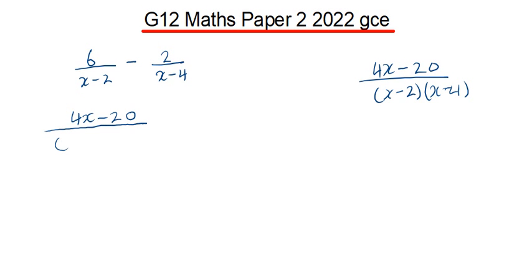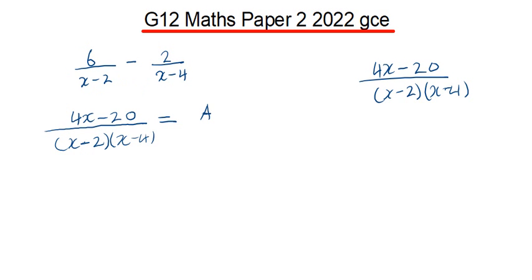So here you're going to have your x minus 2, then your x minus 4, like that. So we're going to say equals to, this is a single fraction. It's more like you're given a single fraction, then they're asking you to write it as separated, it's no longer a single fraction, you write it in this form, from this form. As we break this down, this should give us 6 over that and 2 over that, meaning we are correct. Because I don't know what I have here, I'm going to say it is A over,